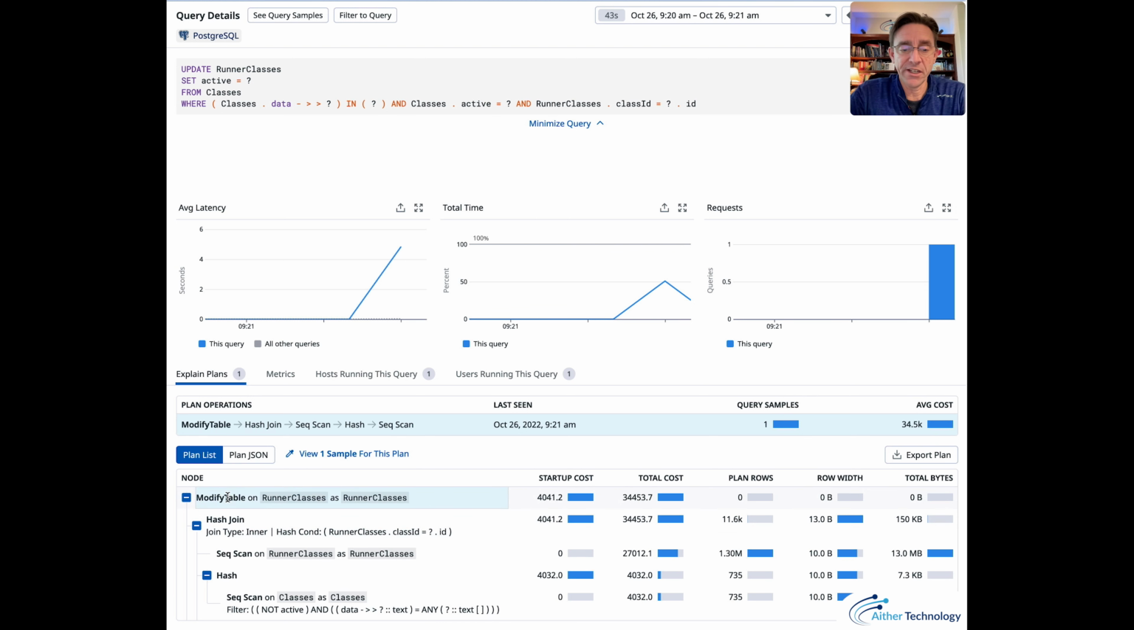And what I'm looking at here is it's doing the update, and there's a join that's happening on this class ID with another table, classes. And you can see here I have this line that says sequential scan. And what a sequential scan means is that it's literally going to iterate through every row in that table until